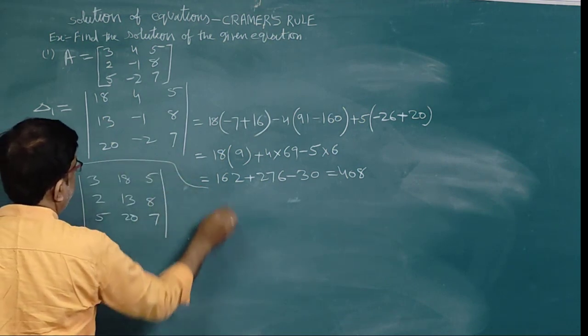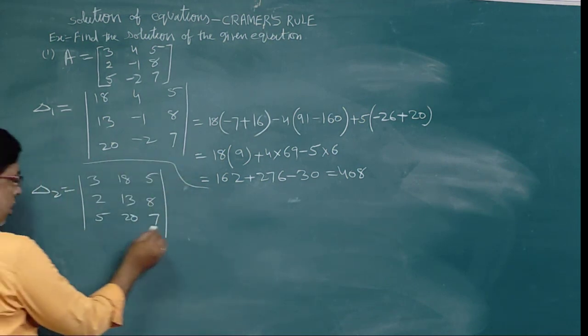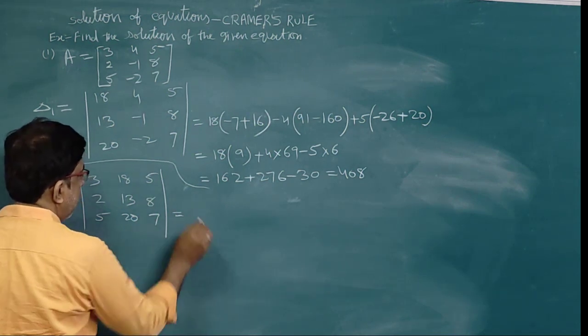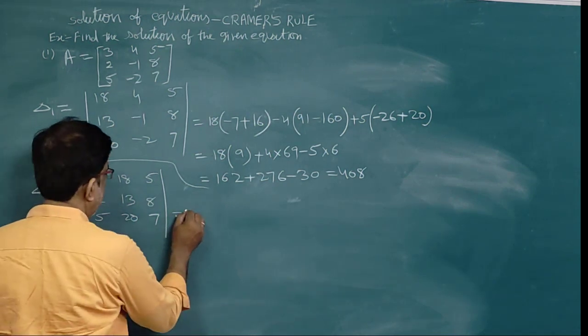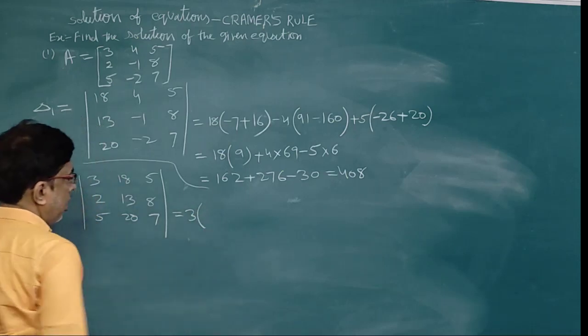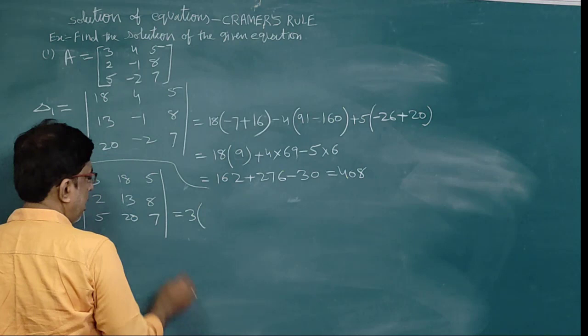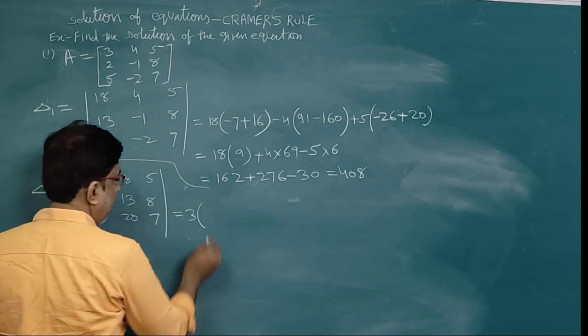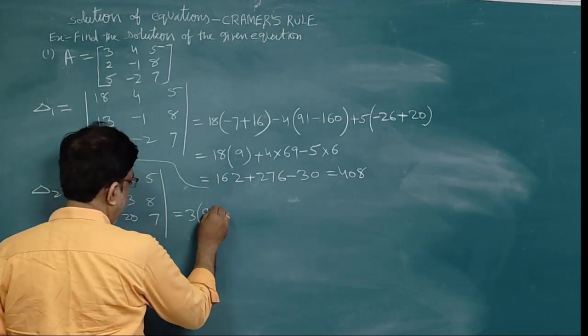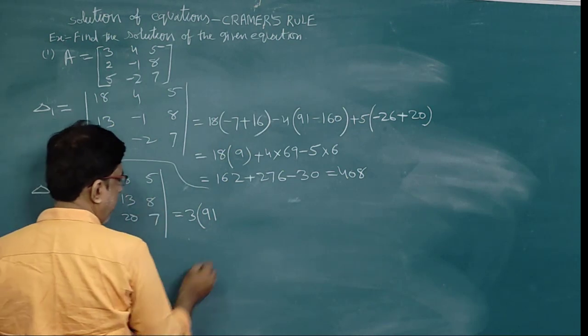This is different. Now multiply. This is equal to 3 into 13 into 7, which is again 91, right? Minus